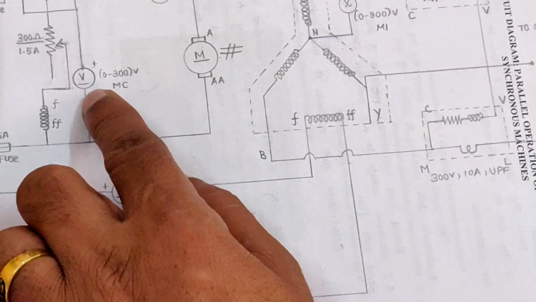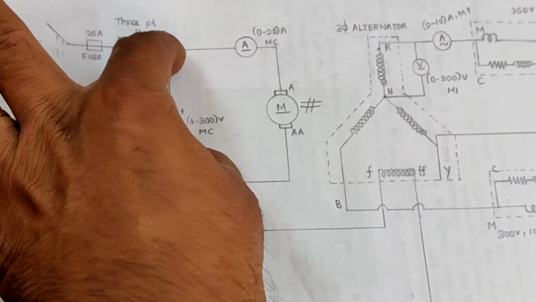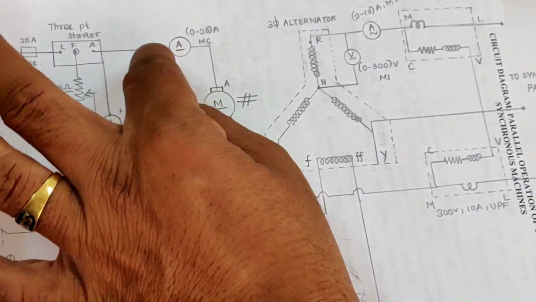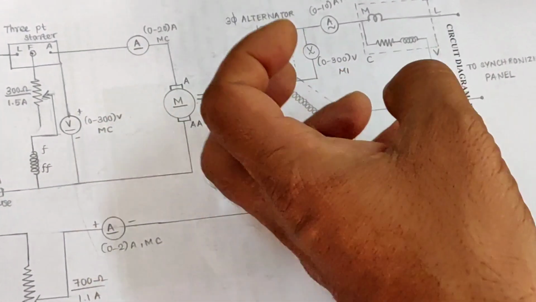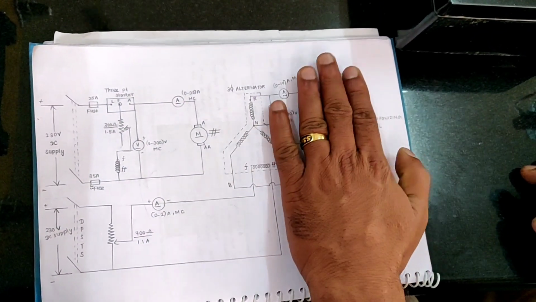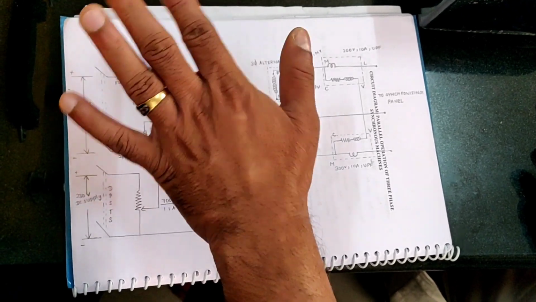And this voltmeter, if you want, you can connect. If you do not require it, that is also fine, but if you want, you can connect it to know the voltage across the armature. And this ammeter is for measuring the load current. Suppose this machine is loaded, this will indicate how much the load is rising, how much my prime mover load is increasing, so that we can witness this also.